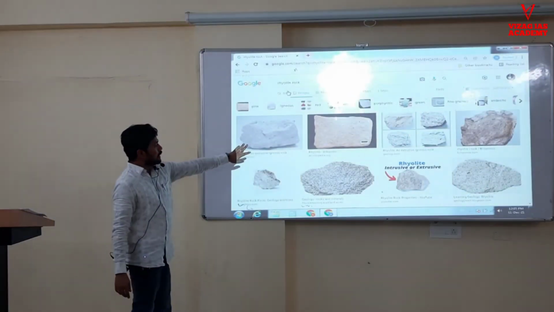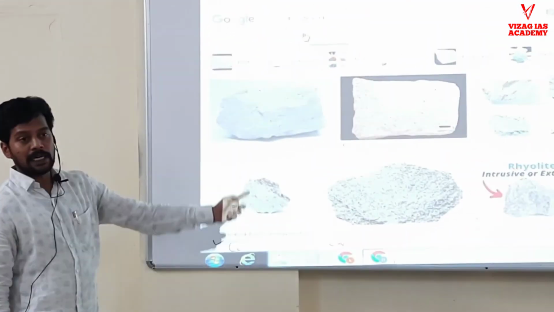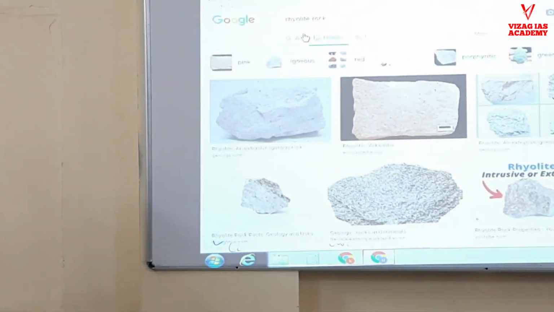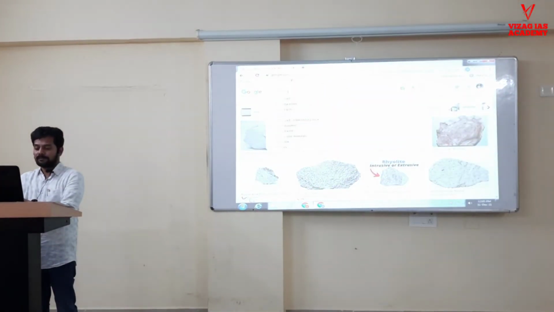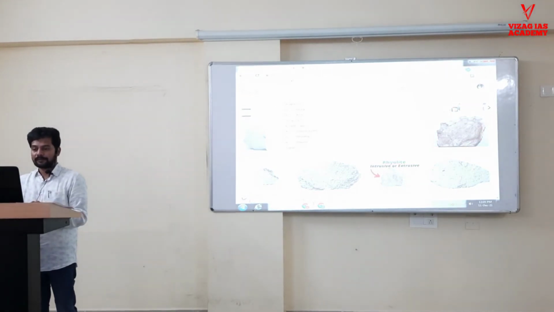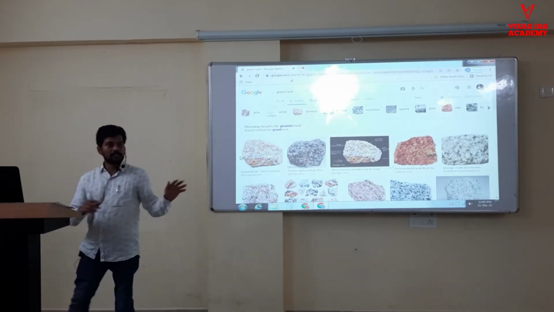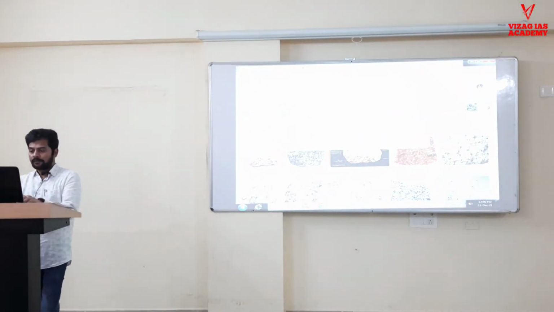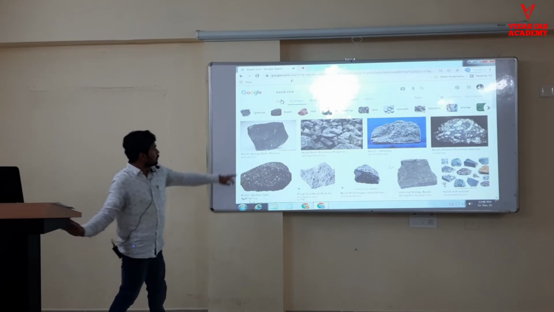This rock is an extrusive rock. That means it formed outside the earth, not inside the earth. You see the grain structure? It is softer. Now I will show a counterpart of felsic, but which formed inside the earth, nothing but a granite. The difference you are able to see, that is very smooth, and this is not. Now mafic I will show you. Mafic means more darker. This is a basalt rock.